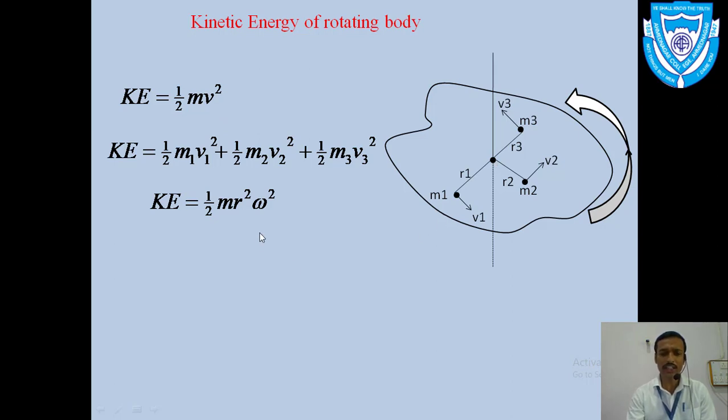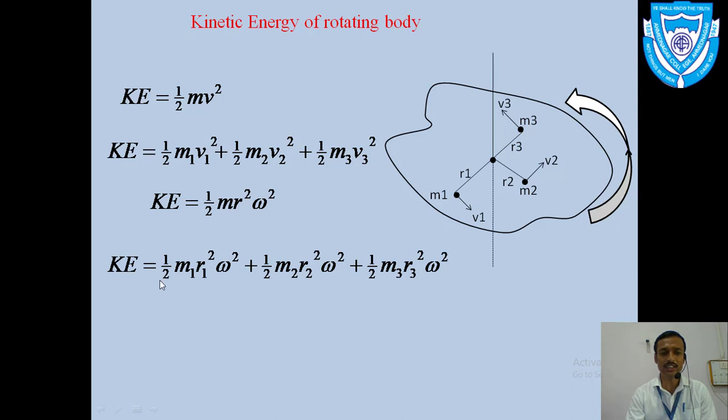For the first particle we can write kinetic energy as half m1 r1 square omega square. Here we put r1 omega instead of v1; since it is v square, we have taken r1 square omega square. And so on. The total kinetic energy of a rotating body is the addition of the kinetic energy of each particle,